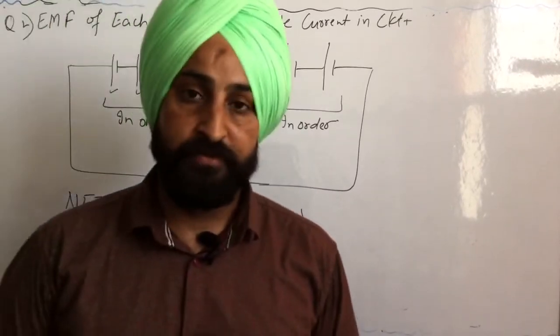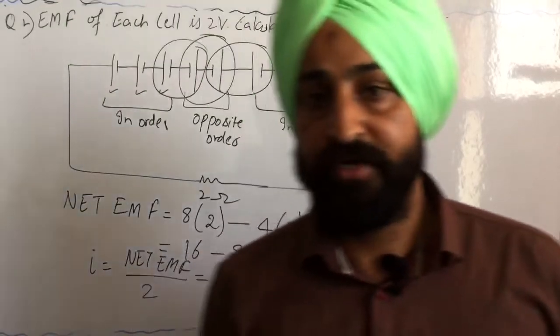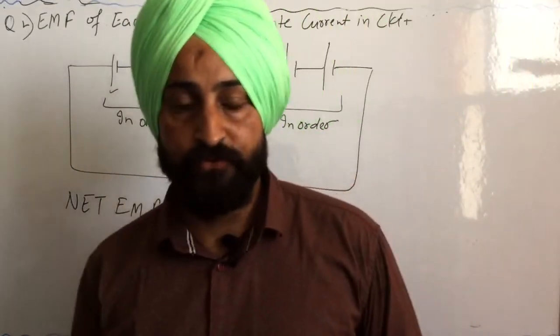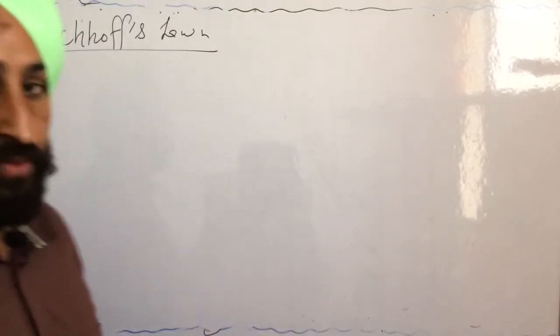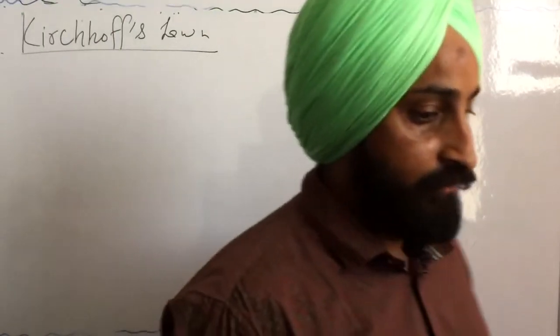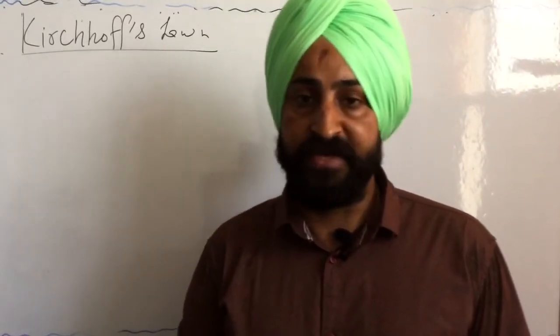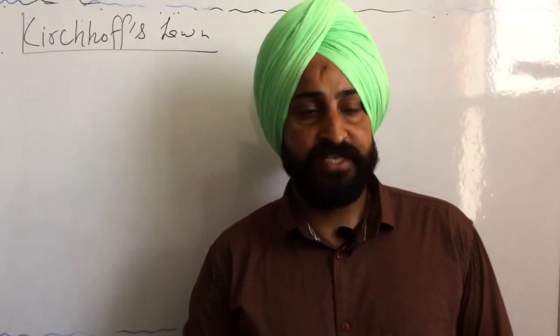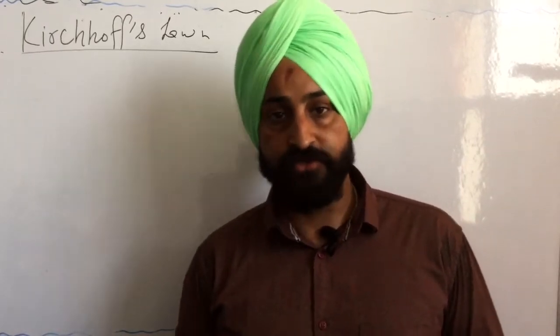So next we will be proceeding to our next topic, and that topic is a very important one, that is Kirchhoff's law. We will be using Kirchhoff's law in electric circuits. So next is Kirchhoff's rule or Kirchhoff's law. Here we will be doing the 2 laws again as we did in the chapter of capacitors. So Kirchhoff has given us 2 rules. First is Kirchhoff's junction rule, second is Kirchhoff's voltage rule. So we will be studying both of these.